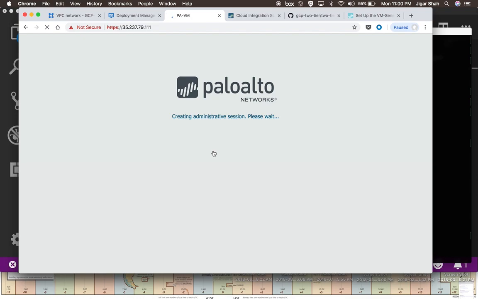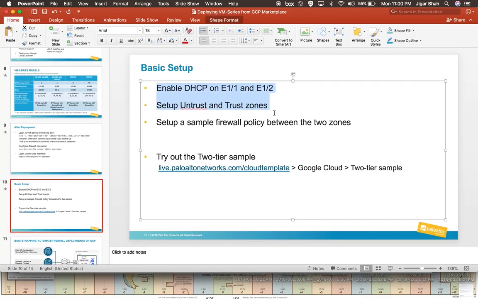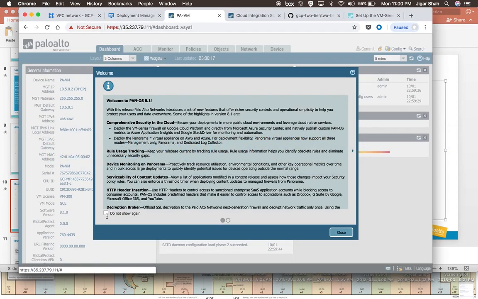Excellent. Okay, so it's going to log me in, and then I'm going to show you some of the basic config steps to configure. So as I mentioned, we're going to enable DHCP and enable a simple security policy. Okay, so we've logged into the firewall,